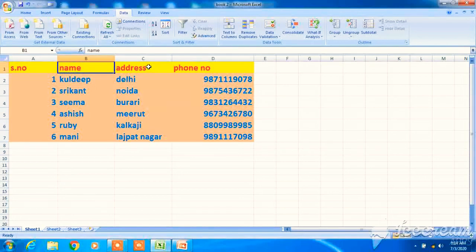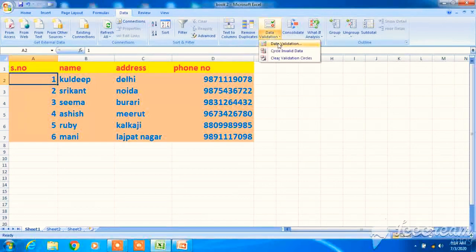So I will apply validation in this phone number, or I can apply validation in serial number. That serial number should be in numeric format and it should not take 0 value and it should not take any alphabet value. Fine. So let's apply validation in serial number.